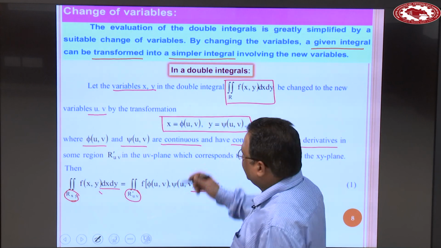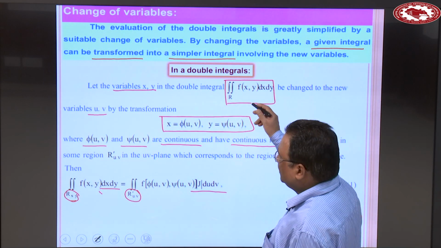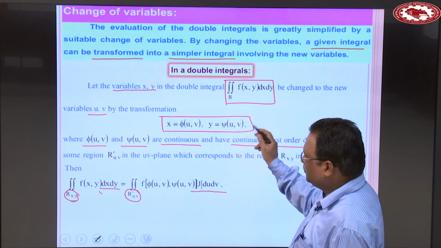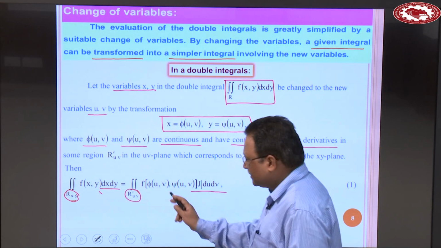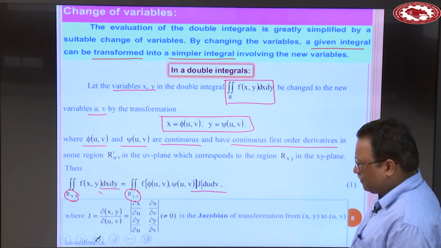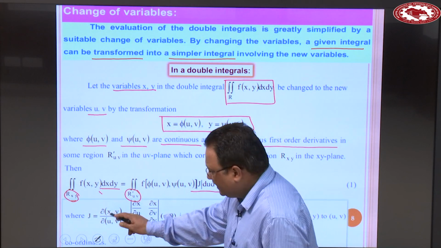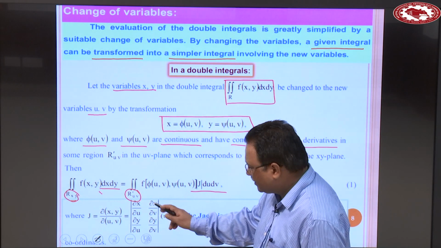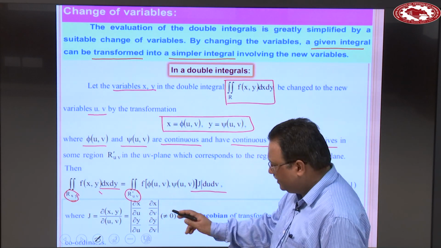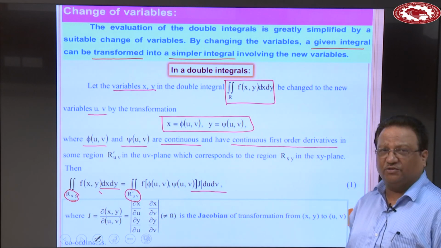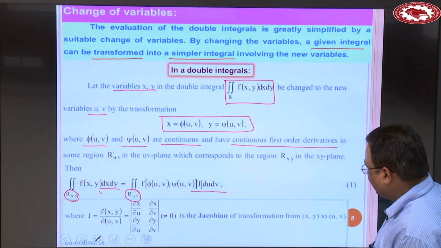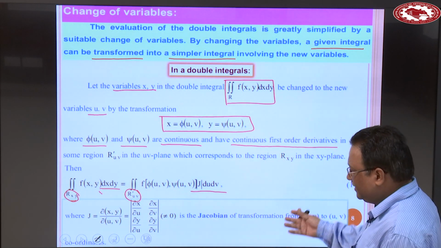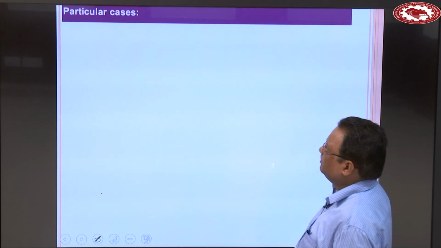Okay. So when we change this double integral problem to the new variables by the transformation x = phi(u,v), y = psi(u,v), then this double integral is transformed into a new double integral, where the Jacobian is del(x,y) over del(u,v). And what is del(x,y) over del(u,v)? It is the determinant with rows del x by del u, del x by del v, and del y by del u, del y by del v, and that is not equal to 0. It is called the Jacobian of the transformation from x y to u v coordinates. So you need this value of the Jacobian.